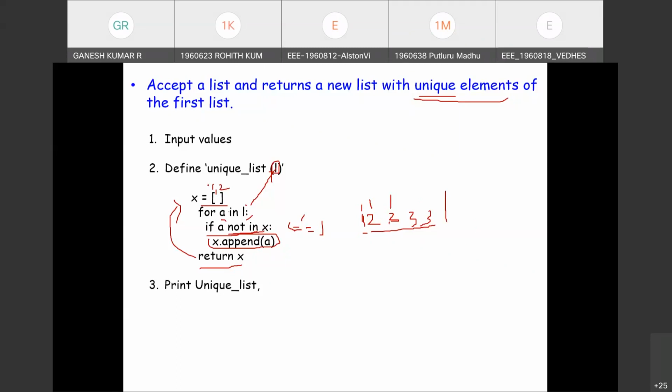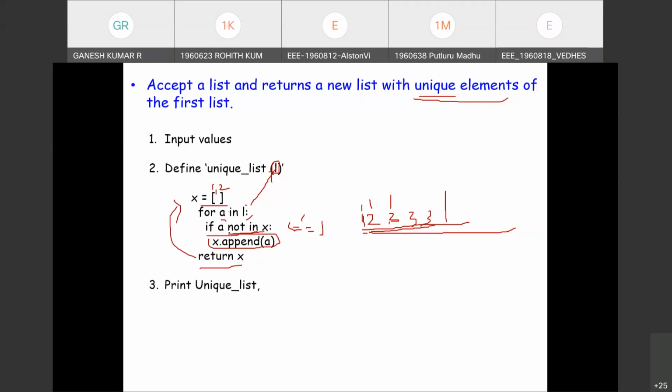Got it? So the function accepts a list of mixed data. This mixed data list will have unique as well as repeated, duplicated data. So a list which is a combination of unique and duplicated data can be returned as a unique list by using this function.